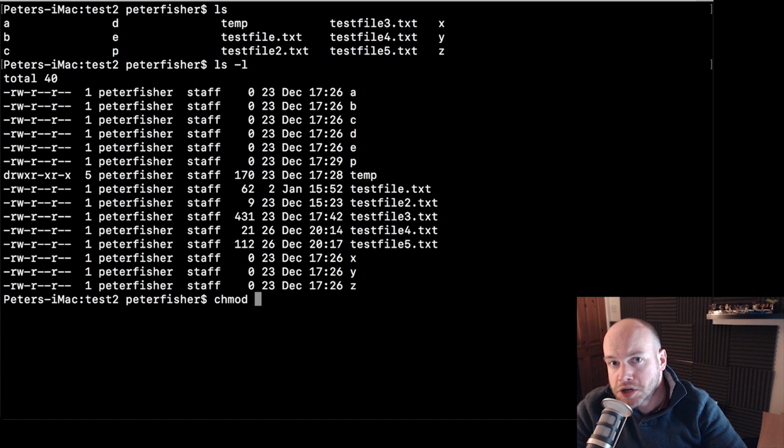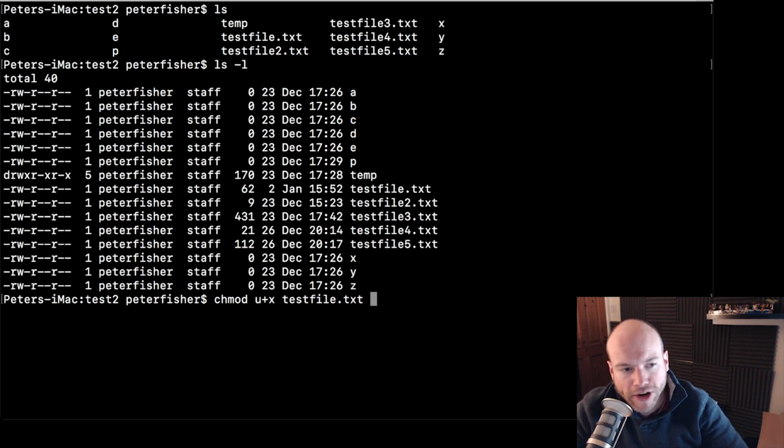Now there are 4 permission groups that you can choose from: user, group, world, and all, meaning all of them together. So we're just going to be focusing on the user permission code for now, so that is u. And we can add, subtract, and equal the permissions. So we're going to add the execute permission. So we're going to put in a plus symbol and x for execute. We're also then going to give the name of what it is that we want to change. So in this case,